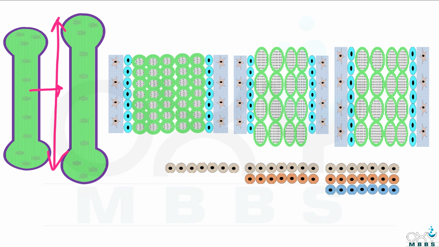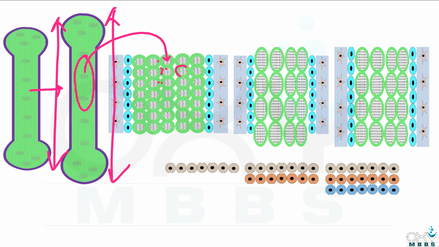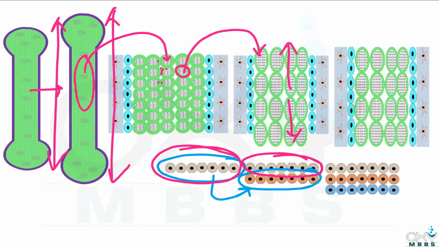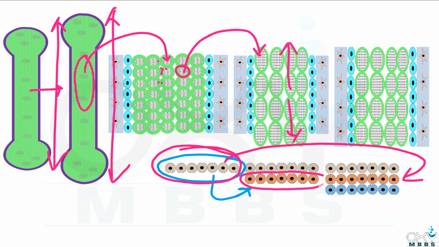As you all know, inner part of this cartilage model has chondrocytes and extracellular matrix. Now, for increasing the length of this cartilage model, these chondrocytes undergo rapid multiplication and chondrocytes multiply in both directions. Let's suppose these are the chondrocytes which form this new layer of chondrocytes after rapid multiplication, and as these chondrocytes are rapidly multiplying, that is why they produce this new layer, and this old layer is pushed by these newly formed cells. That is why these old cells come at this position.